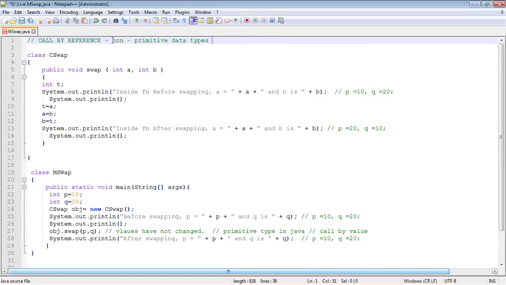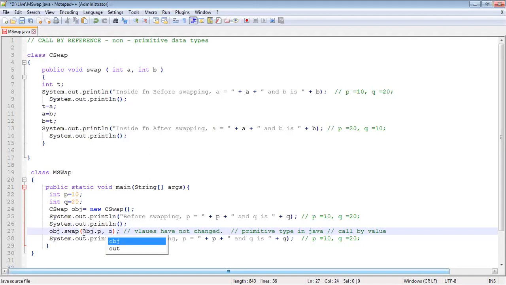You should be passing all of that as your parameters. You cannot pass P comma Q over here. Instead, you should be passing something called object.p, object.q, and so on. Are you able to get me? This is how you pass in a non-primitive type. We will be seeing how to do that.